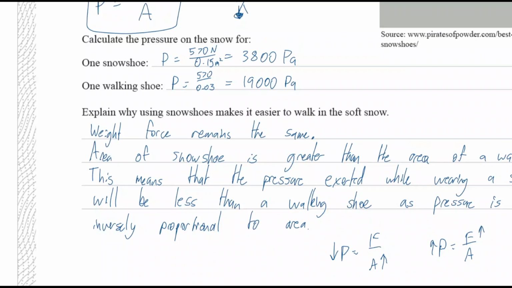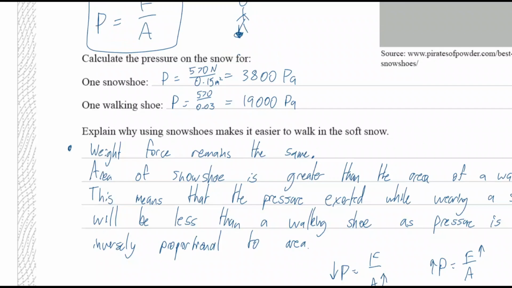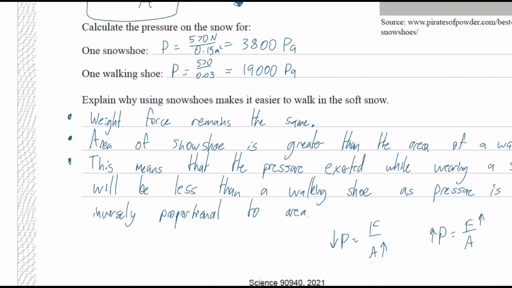However, for a constant force, if area goes up, pressure goes down, so we say they're inversely proportional. And so just to summarize this last one, we commented on what stayed the same, in this case the force, what changed between a snowshoe and a walking shoe, that was the area. We then wrote a concluding statement as to which one would be easier or harder to walk on the snow. Well, actually we missed that bit, didn't we? So we talked about the pressure, and then final concluding statement, just linking it back to the question, meaning